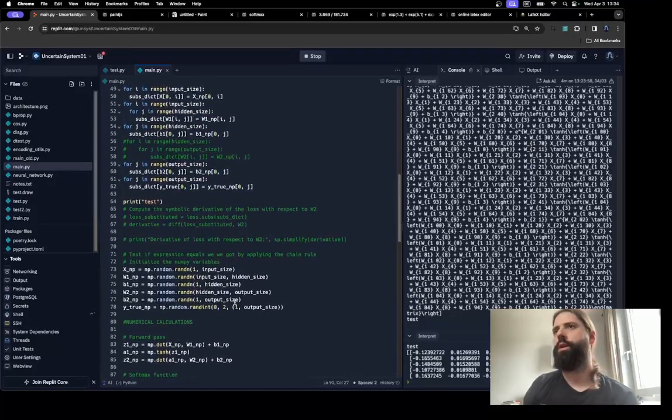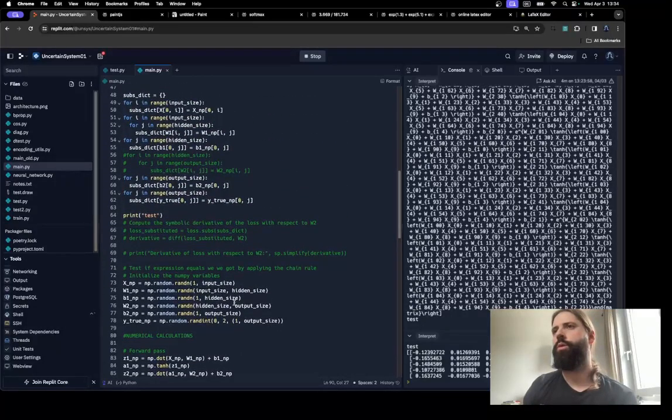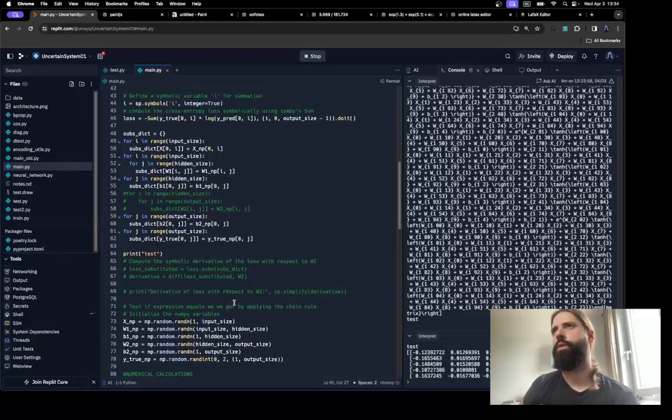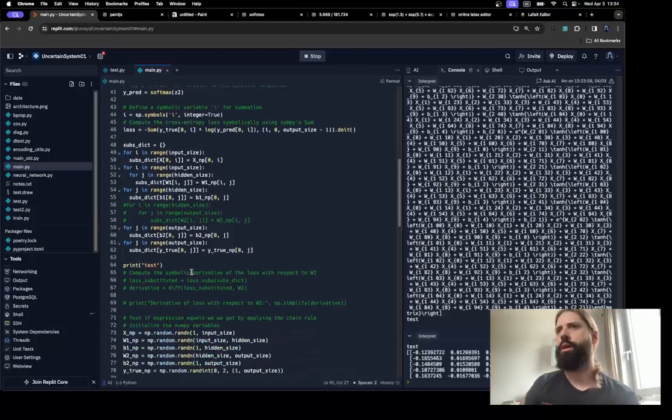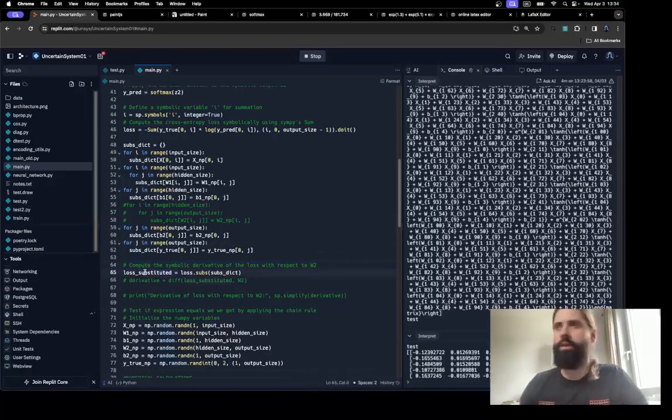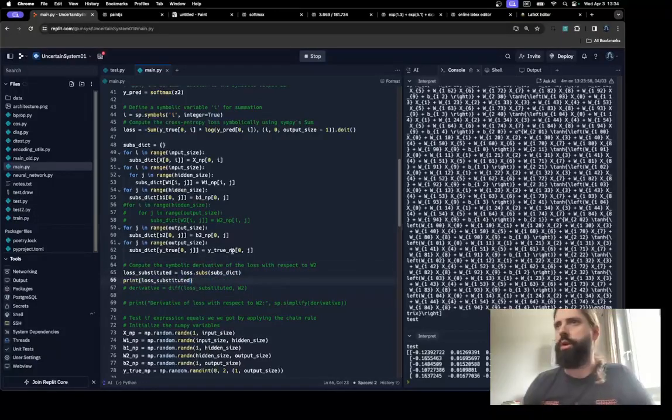So essentially what we're saying here is what we want to do is the derivative of the loss function with respect to W2, and that's what I'm currently, we're supposed to substitute all this kind of stuff. So if I go and say loss, print loss substituted,